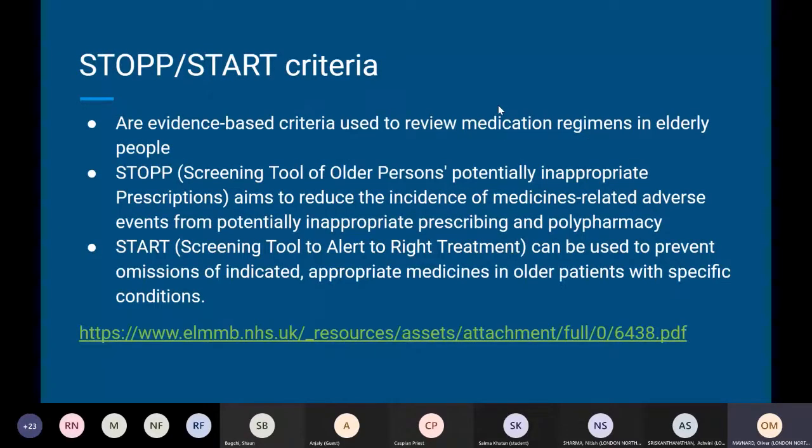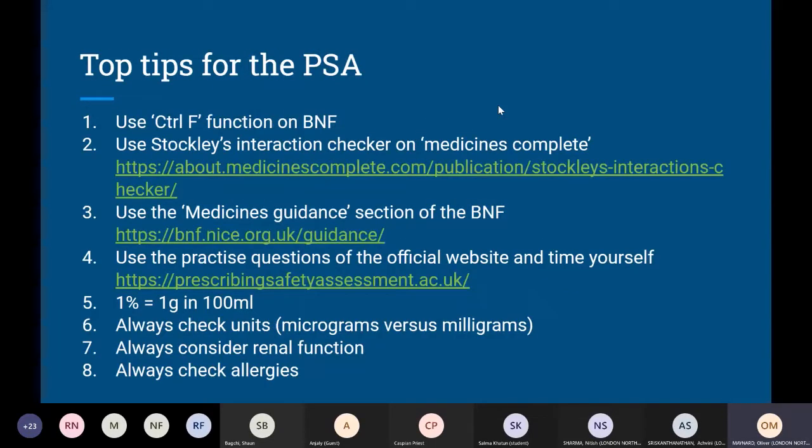So the STOPP/START criteria are used not solely in palliative care, but in geriatric care mostly in general. It gives a brilliant list of reasons why you might want to stop some of their medications and reasons why you might want to start other medications. And you'll see in clinical practice that patients may be started on medications years ago that have had their benefit, but we're very good at starting medication. We're not actually very good at stopping medications. So it's a really helpful tool to use.